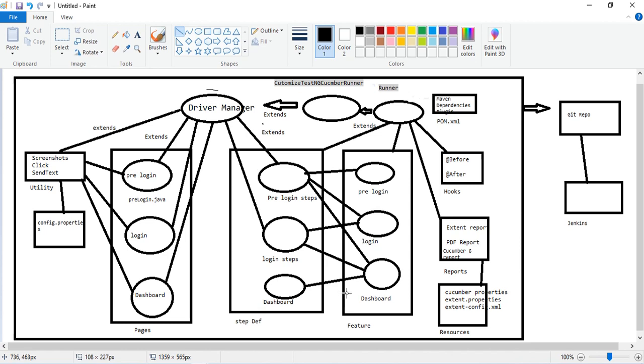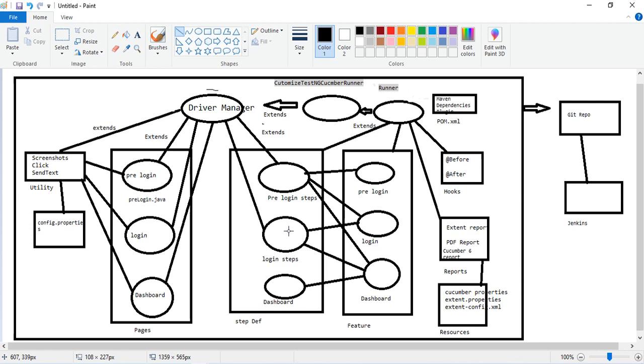Okay, so my dashboard file will obviously perform the pre-login, login, and then the dashboard. So let's say I have to verify something in the dashboard screen. So first I have to click on the pre-login screen. So there will be one login button here. So after clicking on login, I will be navigated to the login screen.